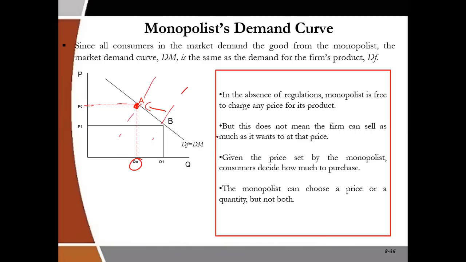So monopolists cannot control both price and quantity at the same time. They can set prices for consumers to buy whatever quantity they want to buy, or they can change their output for it to reflect in prices. And normally that is what they do because there are regulations that regulate the activities of a monopolist. If there were no regulation, they could set price anyhow, but because regulations restrict them from setting price anyhow, what they can alternatively do is decrease their supply so that the prices will